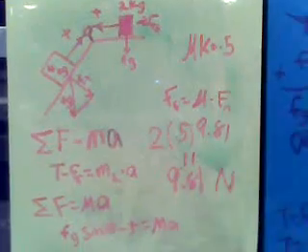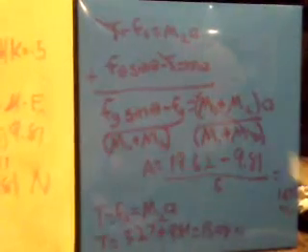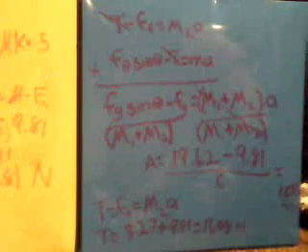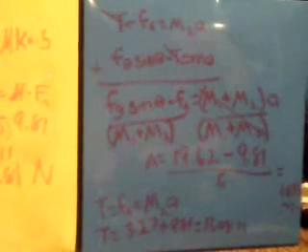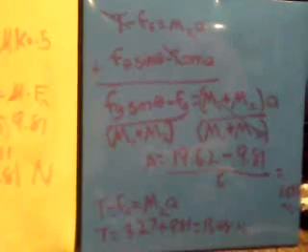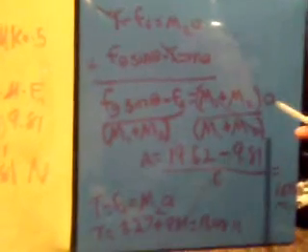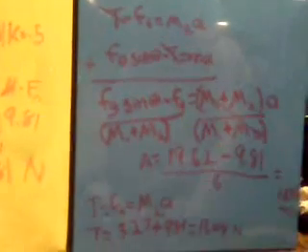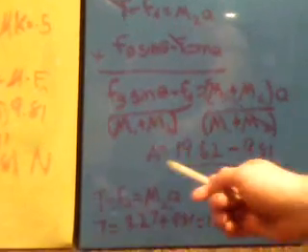So now if we go over to this one right here, I have both my equations, and I just added them together, so you get the overall one. Here it is right here, and what I wanted to do was find the acceleration first. I wanted to find their acceleration together. So I isolated acceleration, divided by both the masses, and put it over here. And then I simplified it, and there it is right there, and the answer was